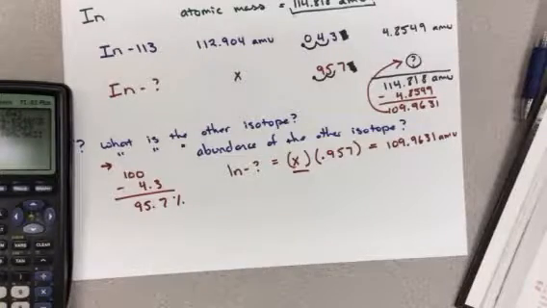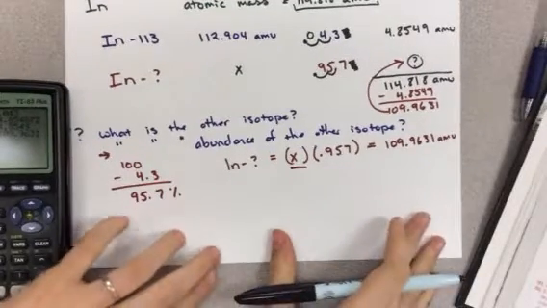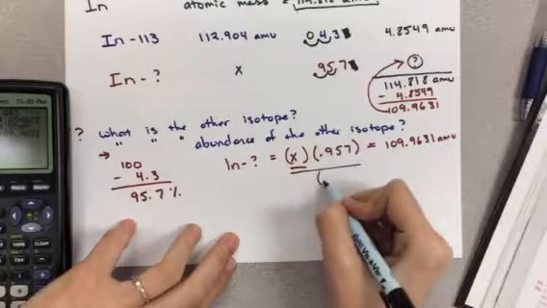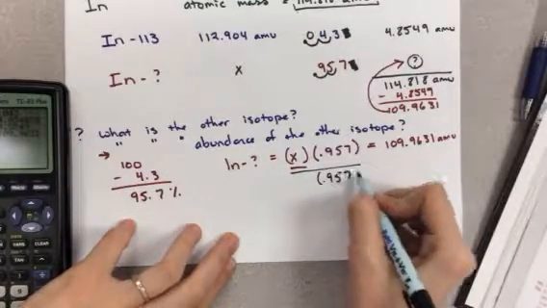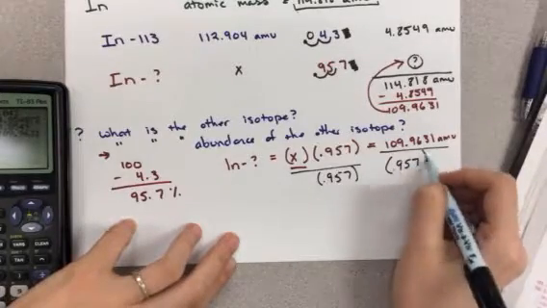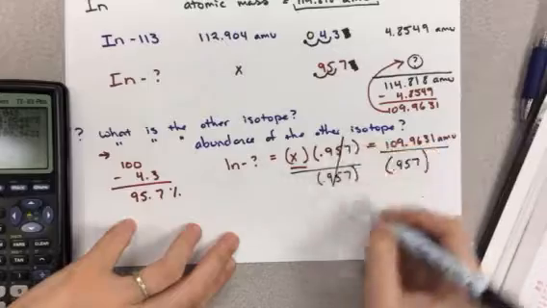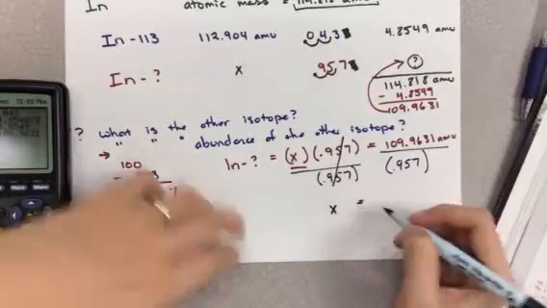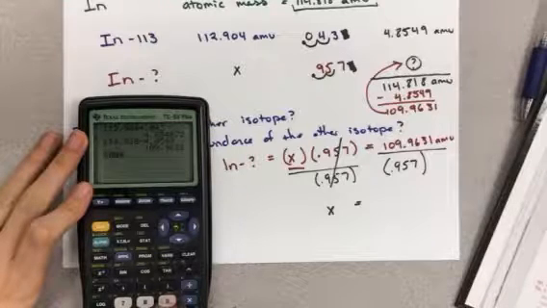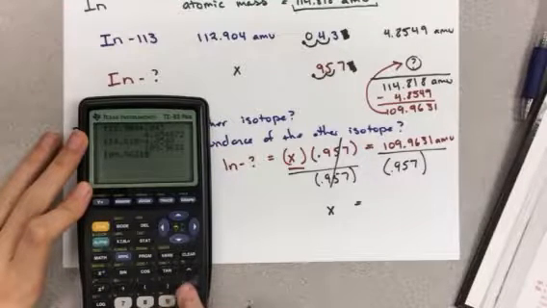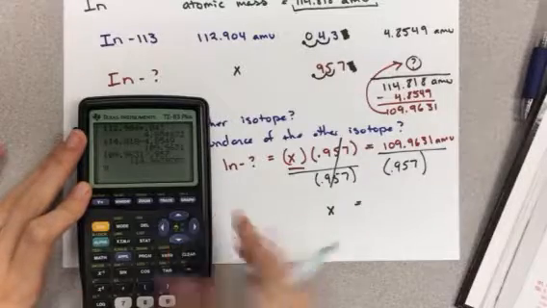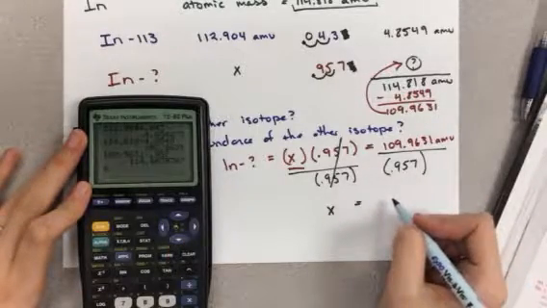And hopefully you are familiar enough and comfortable enough with some algebra to be able to do this. You're going to divide by 0.957 on both sides. So here this cancels out, and you're going to have X equals, back to our calculator, 109.9631 divided by 0.957. And you get